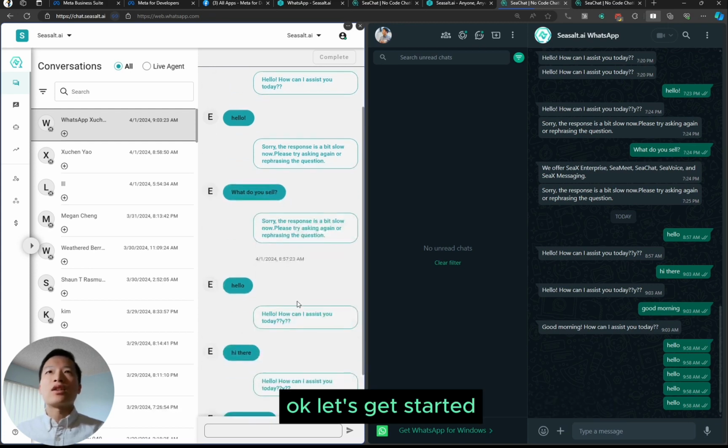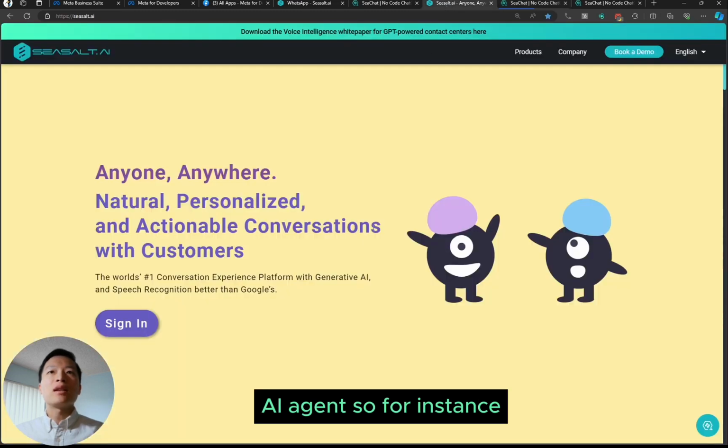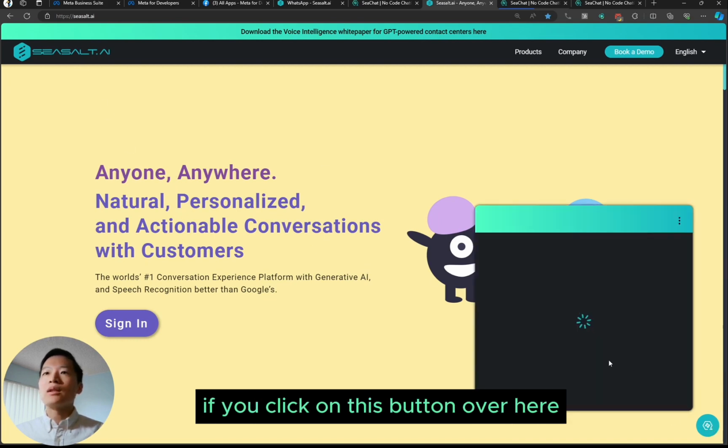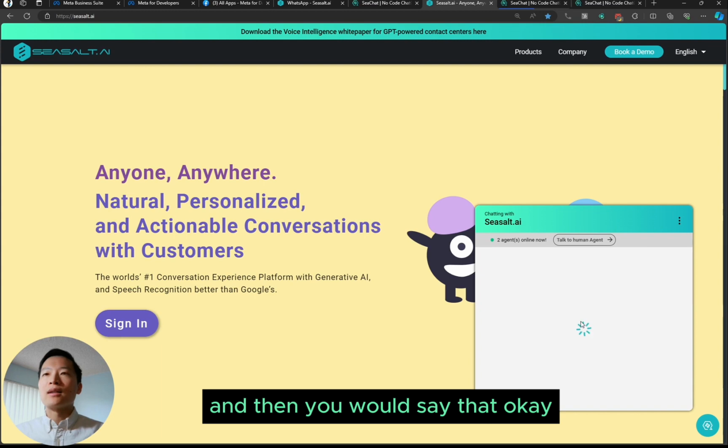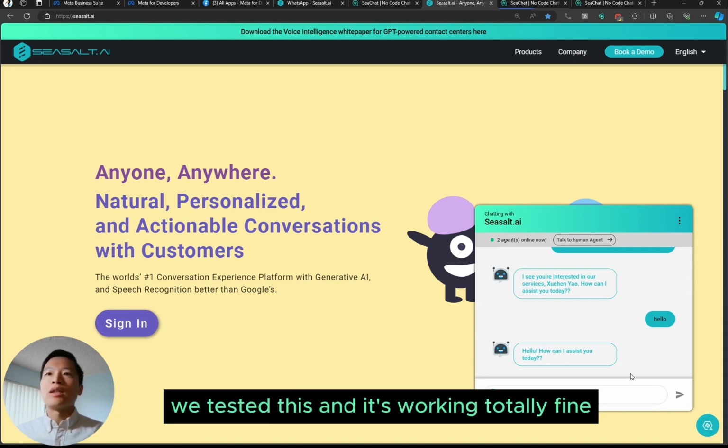Okay, let's get started. Before we get started, we want to make sure that you have already created your own CSOT AI agent. For instance, from our own homepage, if you click on this button over here, you would say that, okay, I have already deployed this chat agent onto the web channel, right? We tested this and it's working totally fine.